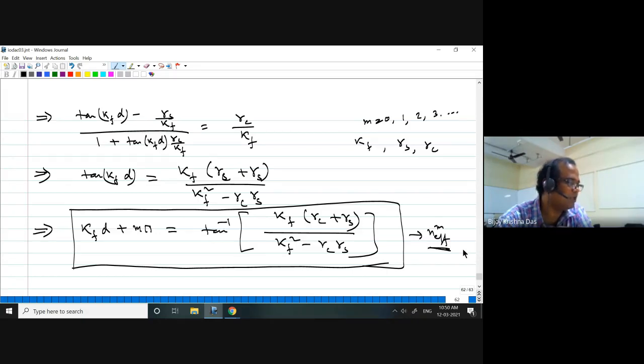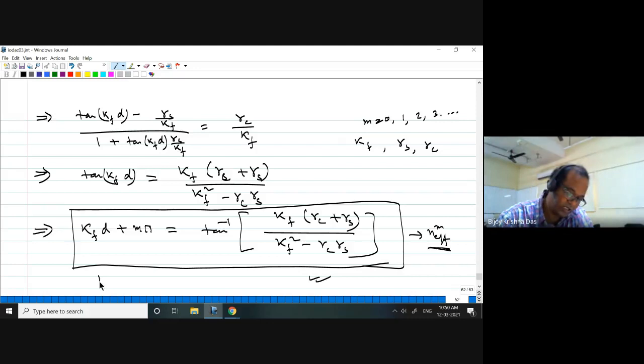What would be the difference for the TM mode? If you just start solving for the TM polarization, how to proceed? Where should I make change? Same step, same procedure will follow, but there will be a little bit of difference, and this expression will be coming a little bit different also.